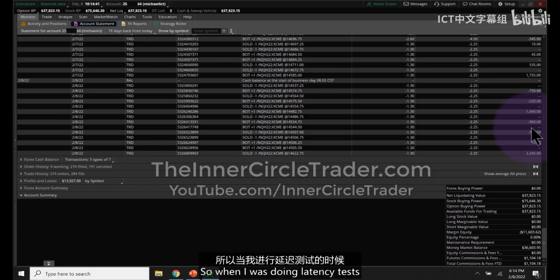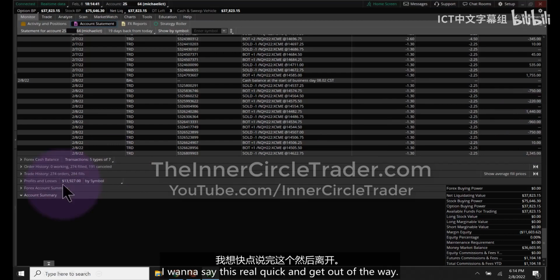So when I was doing latency tests and I'm testing TD Ameritrade's speed and how they can deal with my positions when I'm getting in, getting out, getting in, getting out, I'm getting a read on how fast they can fill me, what type of slippage I'm having. Because when you start doing lots of contracts, that's going to mean a whole lot more than just one contract. But one contract, as you can see here,